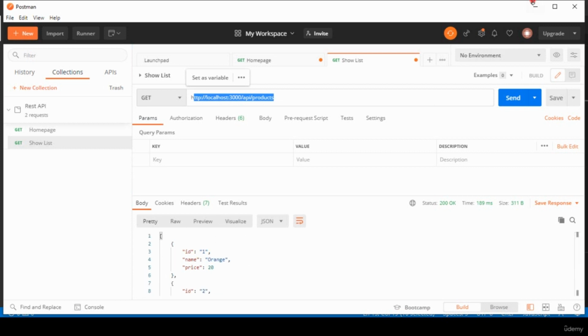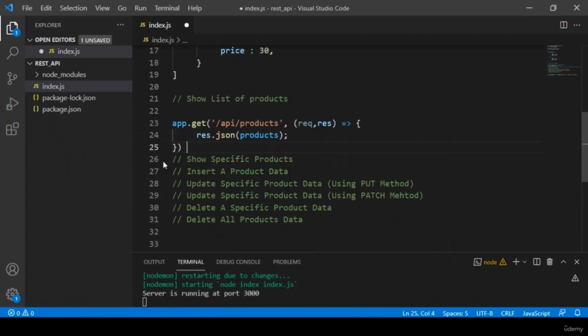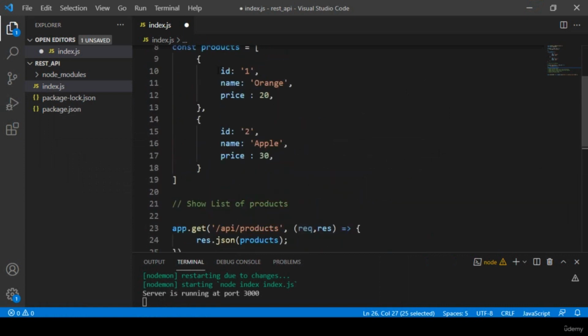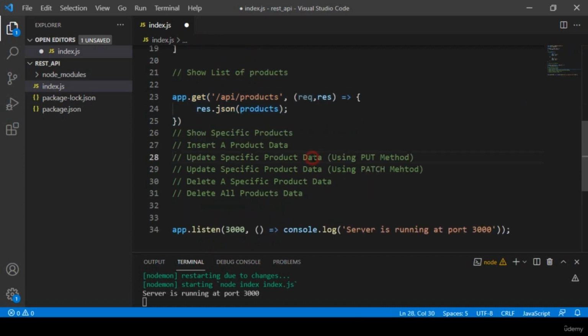Now in this video I want to work on another feature, which will show a specific product. Right now there are two IDs, ID 1 and ID 2. If you want to get the ID 2 data, then with this ID we'll get it, and if you add the ID 1, then we'll get the ID 1 data. If you want to do that work, right now it's better that I copy it,